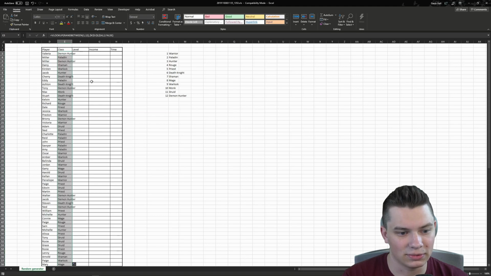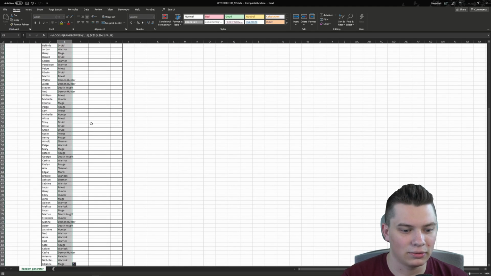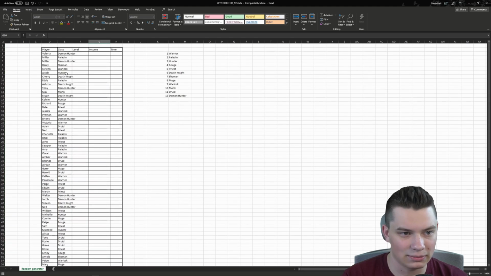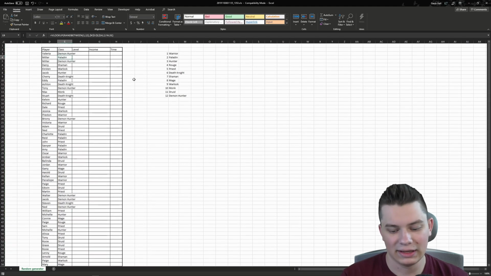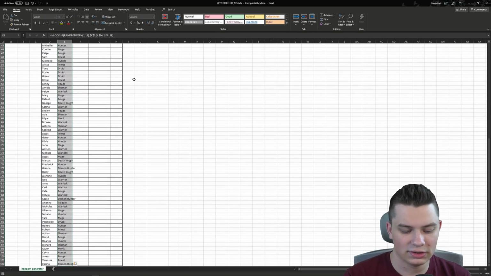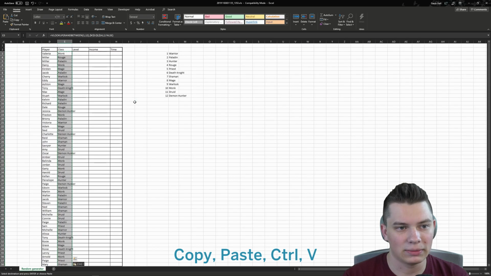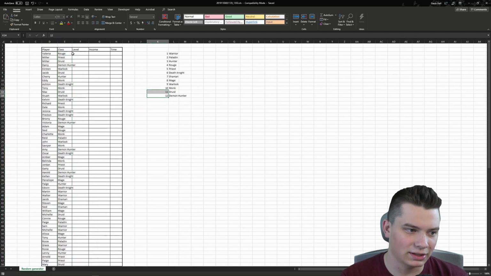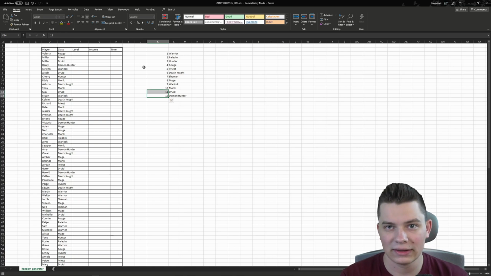And then if I just double click that, now we have random values for every single one of these names. And then if you don't want the function there and you just want the values, you can just select them all, copy, paste, Control V, and you're good to go. As you see, it kind of randomly did it again, but that is one way of creating random data lists